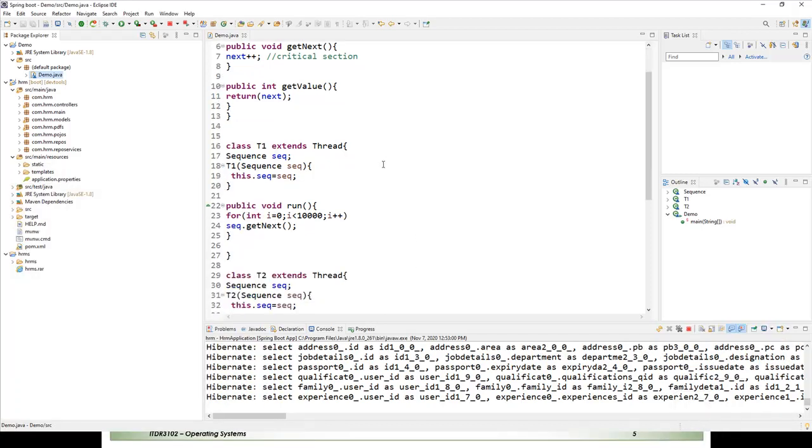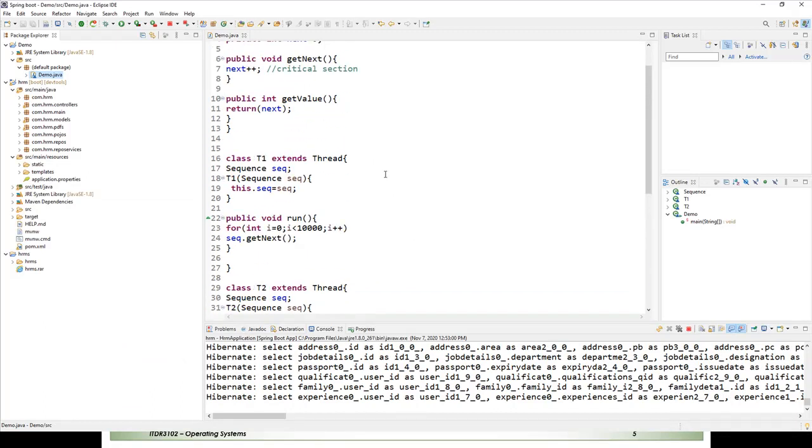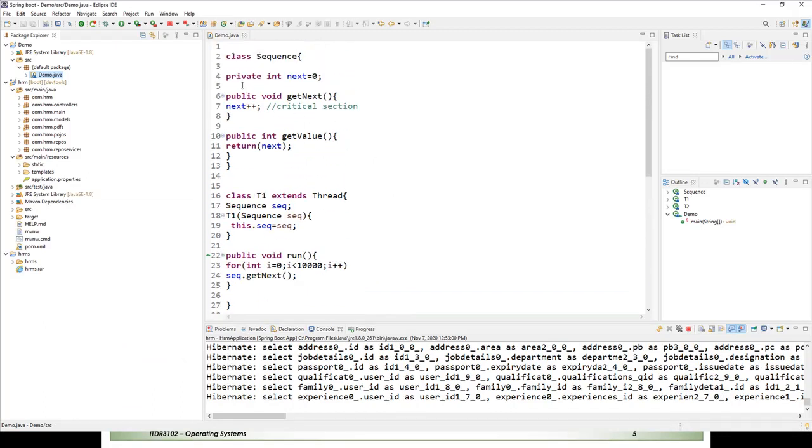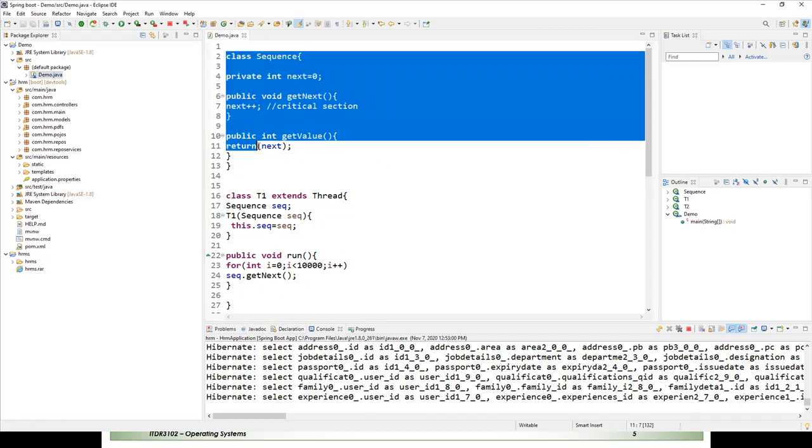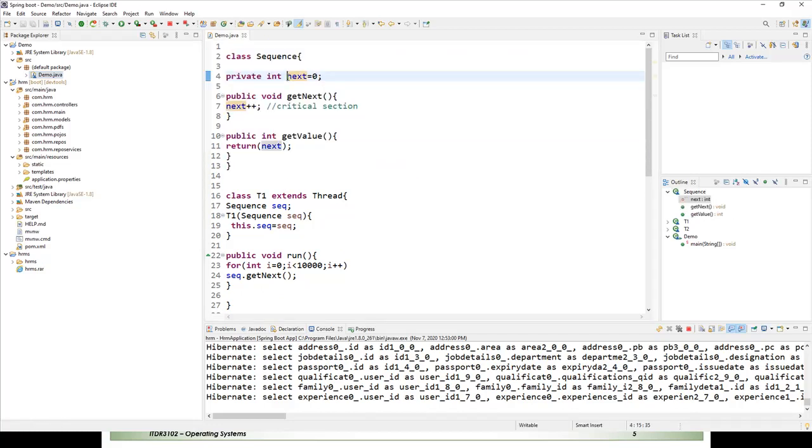So this is a Sequence class. Here just the variable name is different. In the slide we are using the variable name counter. Here we are using the name next.